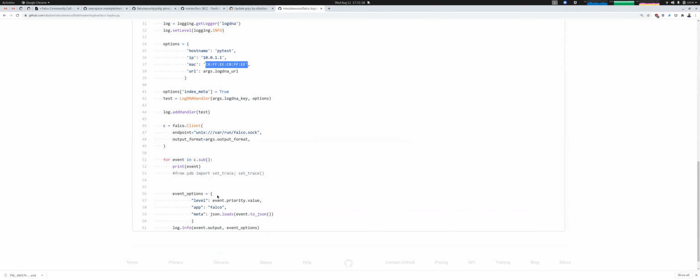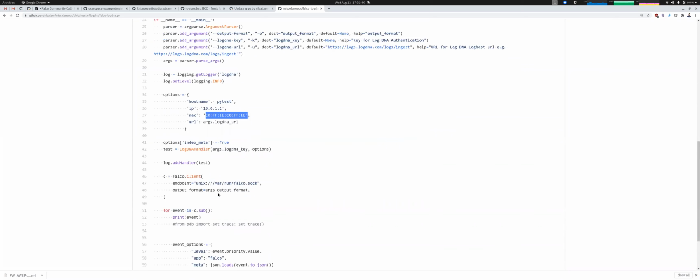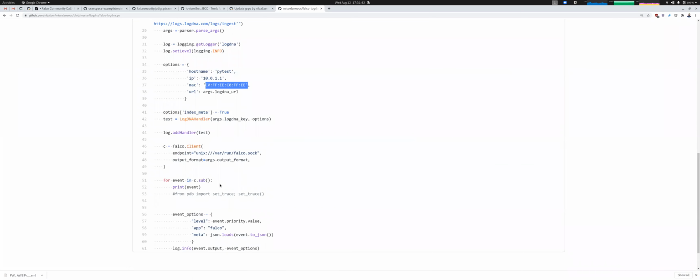So how this is actually working is that it's implemented as, I guess you could call it, a first class citizen under Python logging. So it's just Python logging that goes to LogDNA. And they actually made it threaded, so it batches them up every second and then submits it as a blob, which is kind of cool.